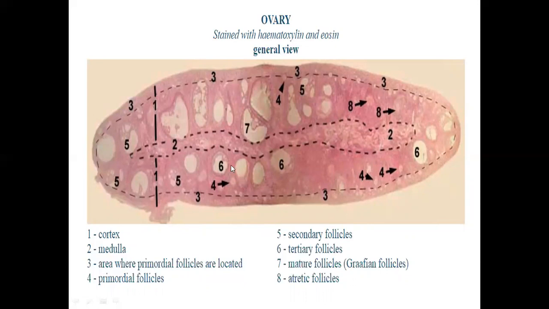Then there are tertiary follicles which have a fully developed antrum, but the antrum is now increasing its size. And the last follicle, which is the Graafian follicle, is the largest follicle present in an ovary. Then there are certain follicles where there is no oocyte in the center. It is going to be an antral follicle because only the antrum is visible.